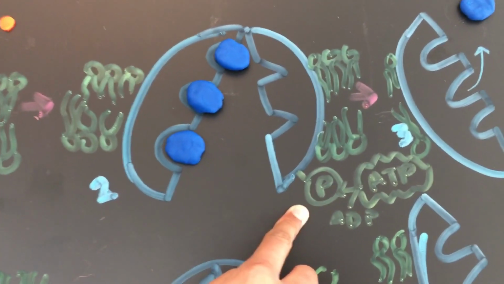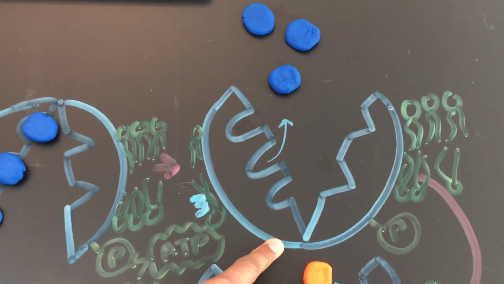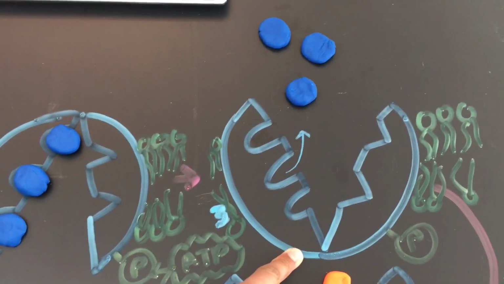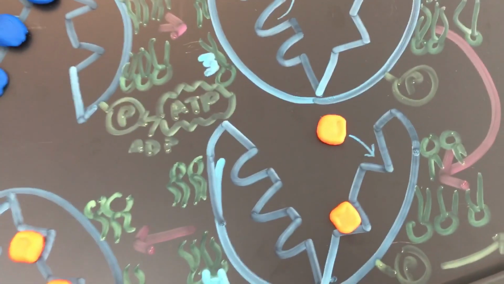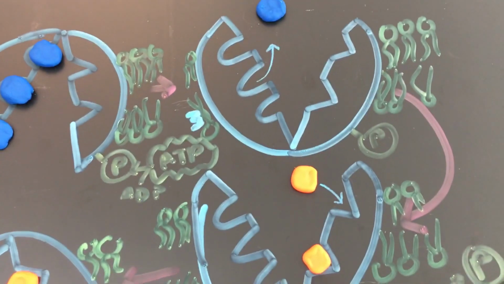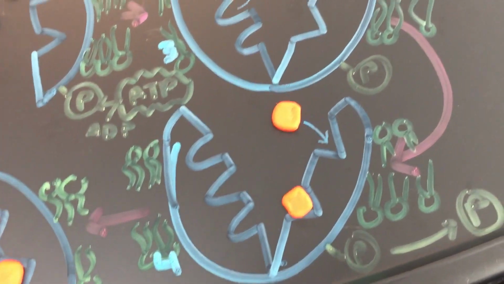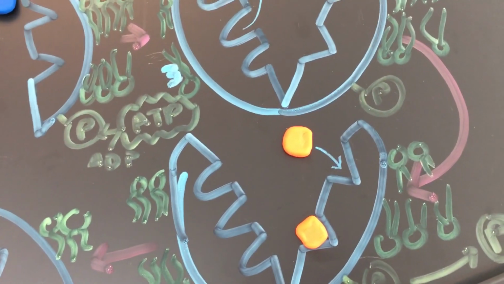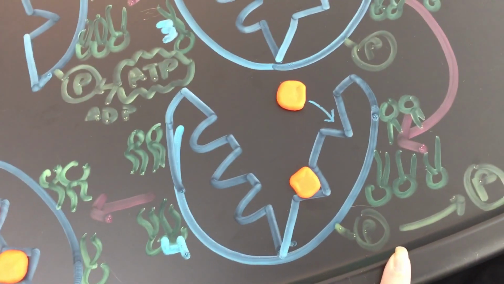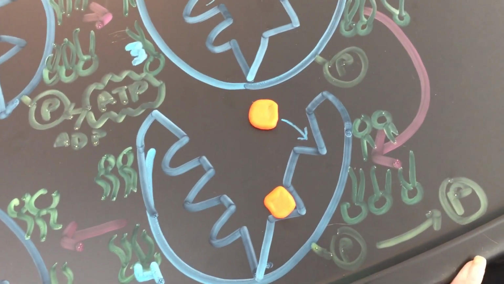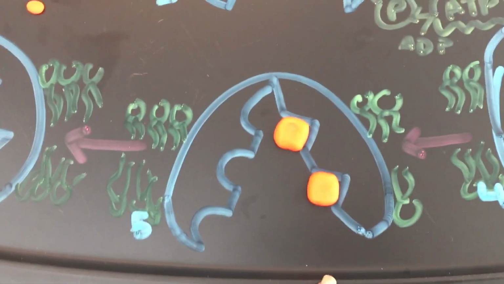which provides energy to change the shape of the protein, as shown here, and then the 3 sodium ions are able to leave the cell. When the 3 sodium ions leave the cell, it leaves the protein with an affinity for potassium, and when the potassium binds, it triggers the phosphate to leave the protein, which gives the energy for the